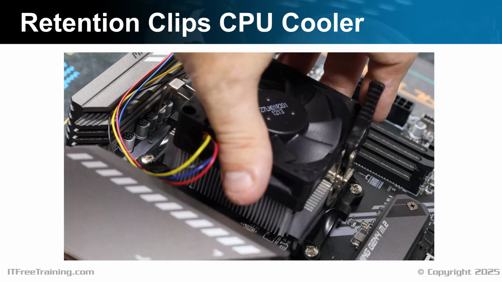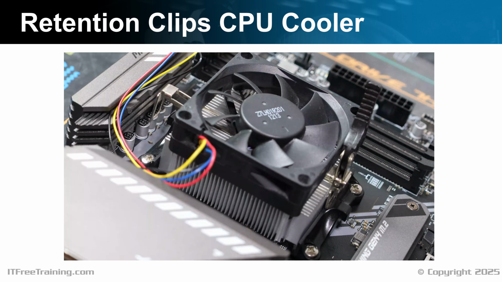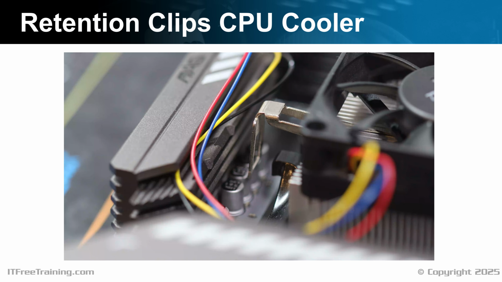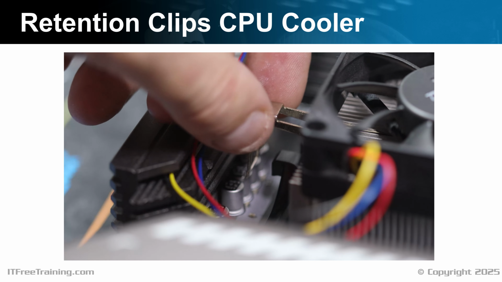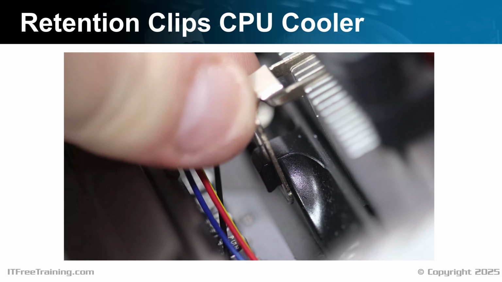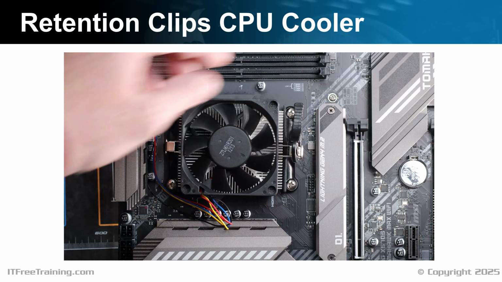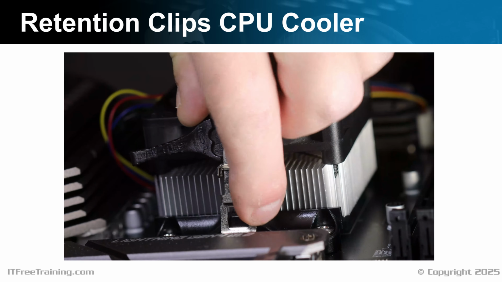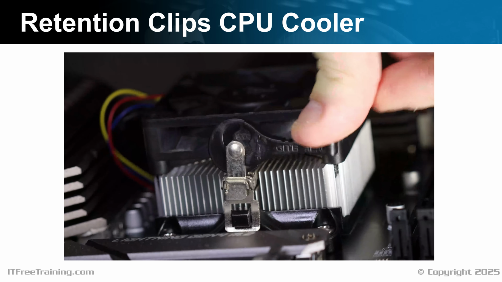The next step is to secure the CPU cooler so it does not fall off. There are two clips that need to be secured. I'll start with the one on the CPU that does not have a lever. All you need to do is push the clip down and then pull it up so it's under the retention clip. This will lock on one side of the CPU cooler. I'll first need to push the retention lever to unlock, move the clip under the retention clip and move the lever back to the lock position.